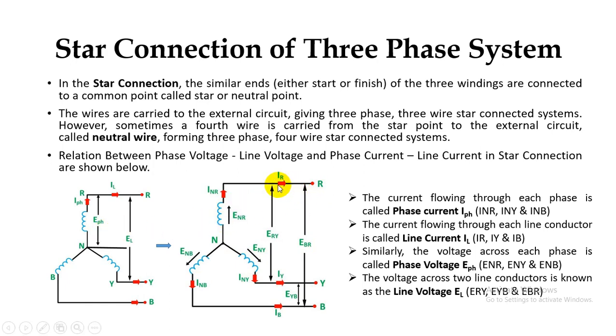Here, when we see this, these two are connected in series, the same current is flowing through the two resistances. Means that in this case, line current and phase current both are the same. Line current and phase current both are the same. But what happens here? This is the phase voltage, this is the line voltage. Then we'll see the analysis of it.